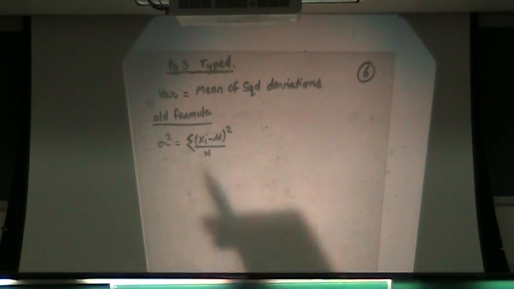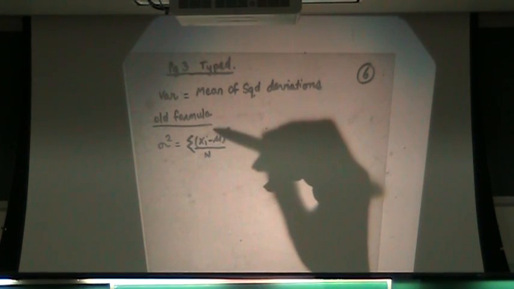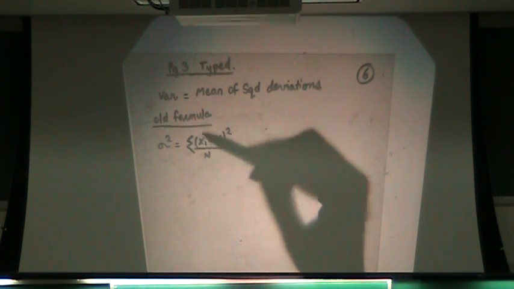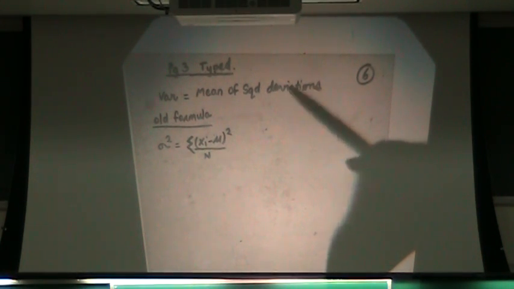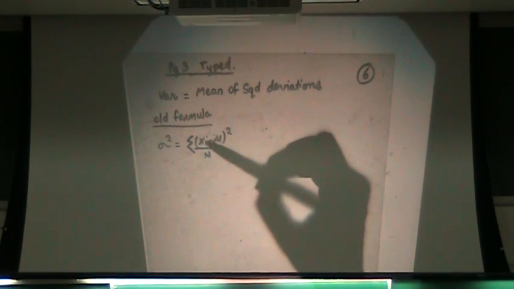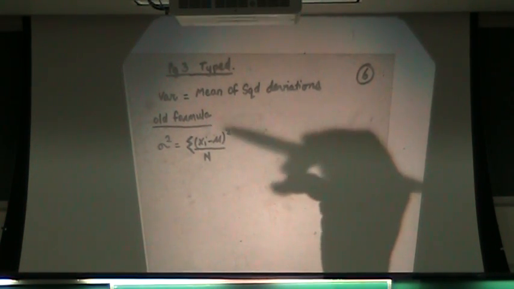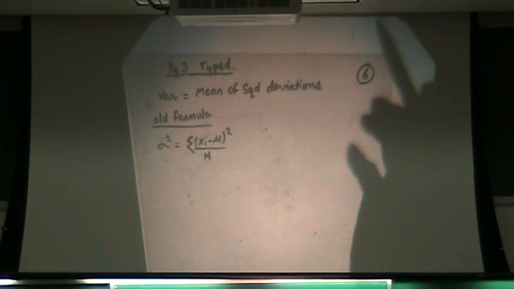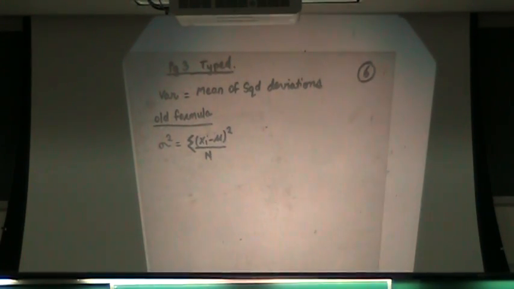In that case, all the numbers had the same probability, right? I had numbers like 3, 6, 4, 9, and 8, and I was trying to find the variance. So when I was taking the mean of the squared deviations, it was fair for me to take the sum of all the squared deviations and simply divide by n, the number of values, because at that time, all n values had the same probability. Now, they don't. So I have to change it a little bit, right?